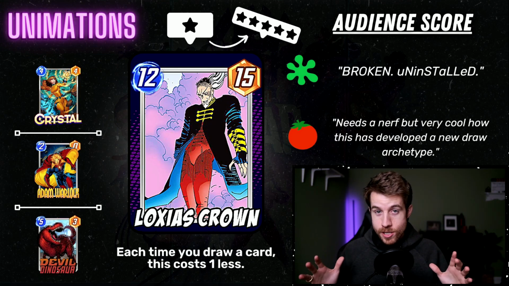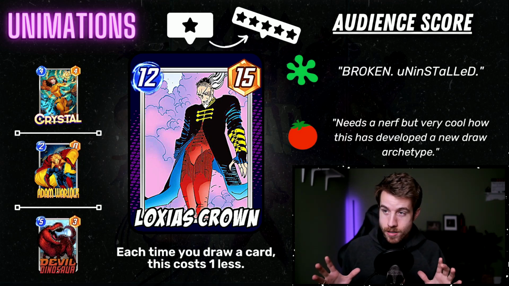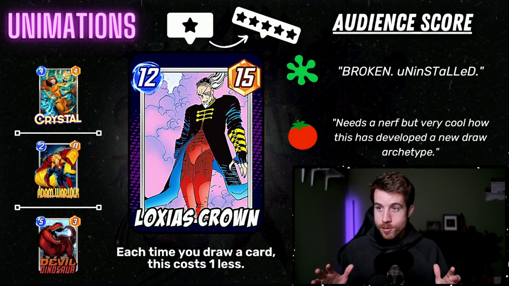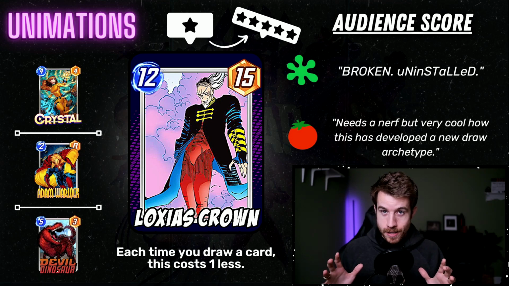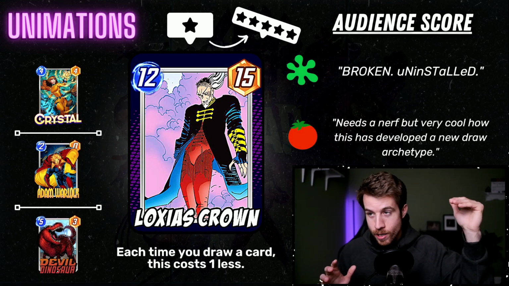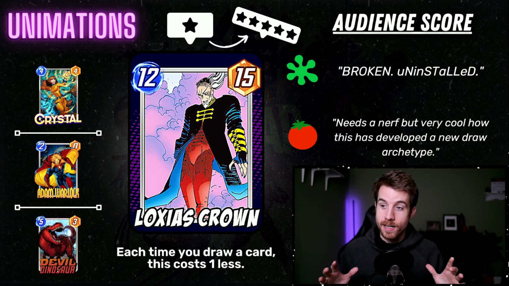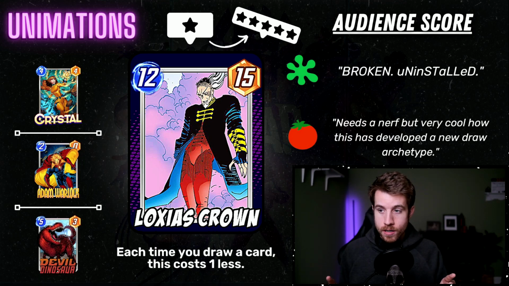Then we have Unimations, Loxias Crown. I hope I'm pronouncing that right. I don't know this character. I'm not familiar with it. But a really interesting power level here. I love seeing this when there's something that exceeds the energy threshold and has a lot of power. I'm like, okay, well, what is the effect? What are we getting at here? And this one is each time you draw a card, this costs